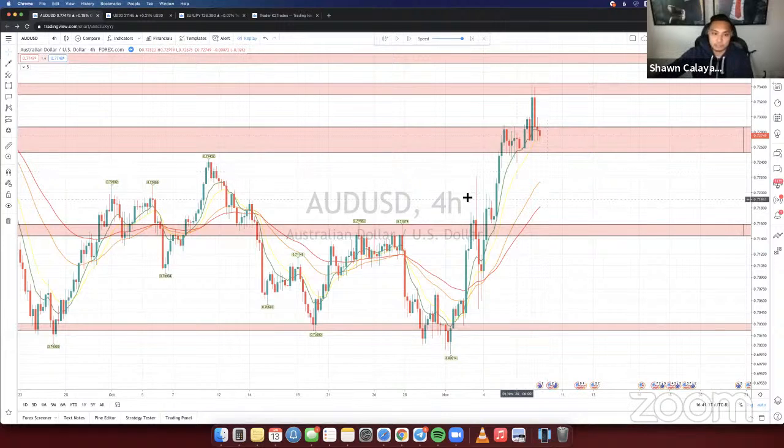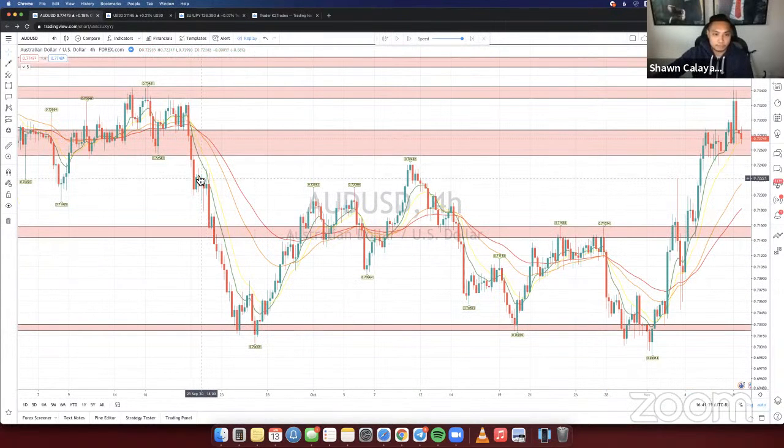Sometimes you'll see a whole bunch of wicks off of the first pivot, but you won't see it actually close above it. So in some situations like this, you make profit, but you would have missed this whole move if you waited for this one right here where it actually closed above it and then it finally came down on this candle right here. Yeah, I got you.